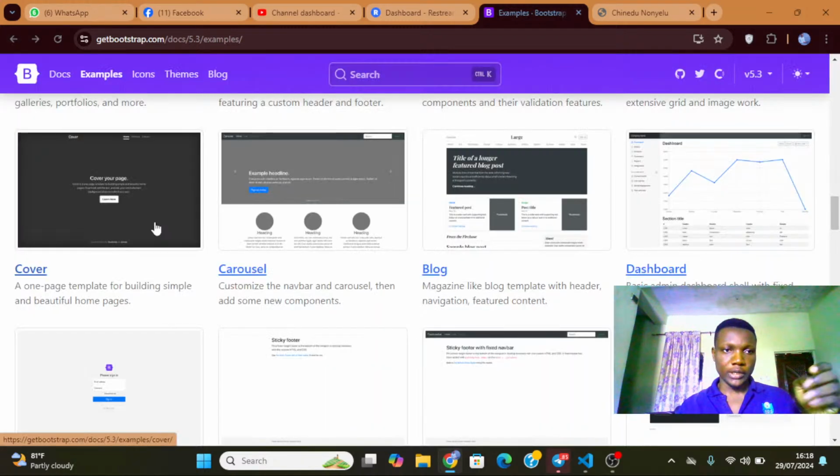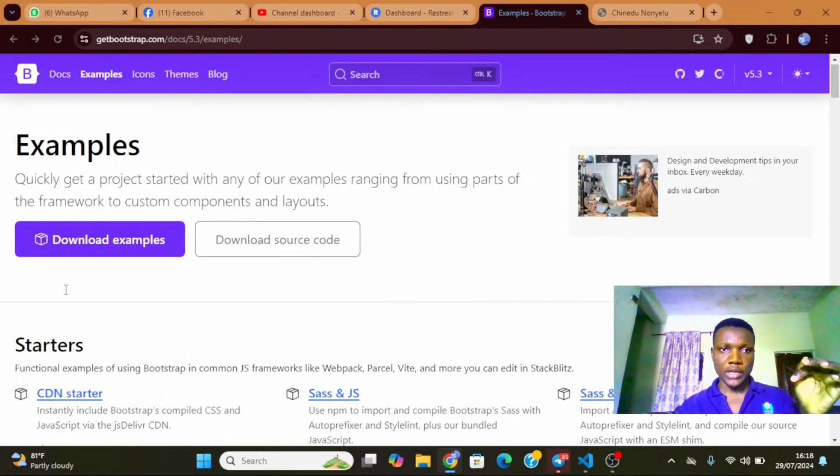You can download the Bootstrap example from the top here. You can see it here, download Bootstrap example. So I can download it there, see the code and copy them. But actually, the easiest way to do this is